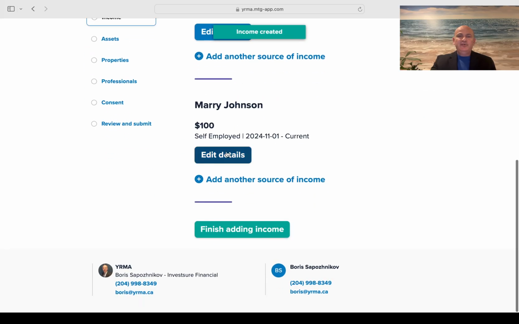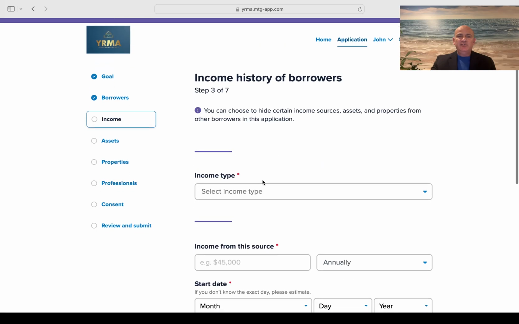Of course we can add another income. We must add other income because it will not be enough. Three years of income is required. So let's say